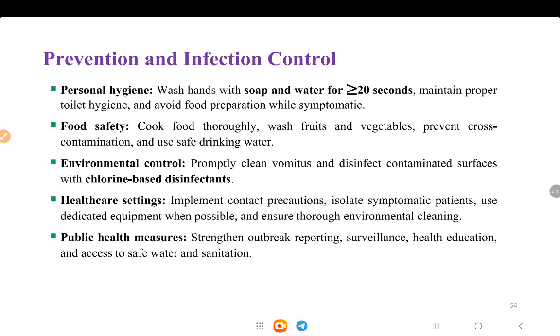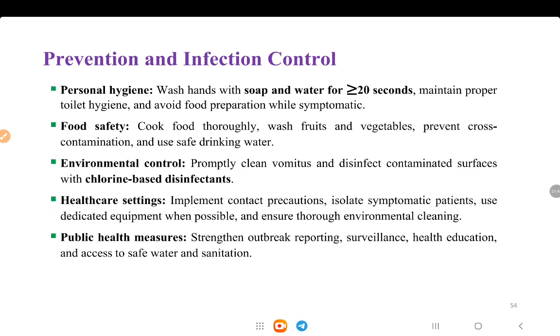Prevention and infection control of viral gastroenteritis. Prevention is the most effective strategy for reducing the burden of viral gastroenteritis because treatment is mainly supportive and specific antiviral drugs are not available for most endemic viruses. The first and most important measure is personal hygiene. Personal hygiene includes what? Washing the hands with soap and water for at least 20 seconds,